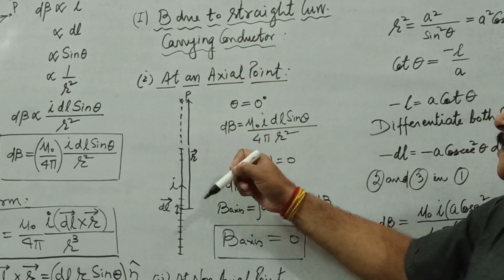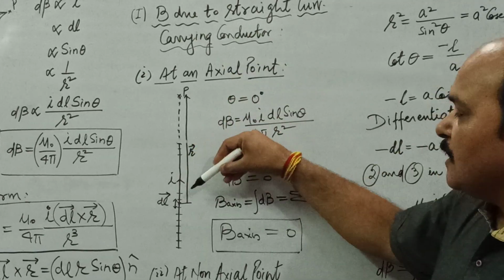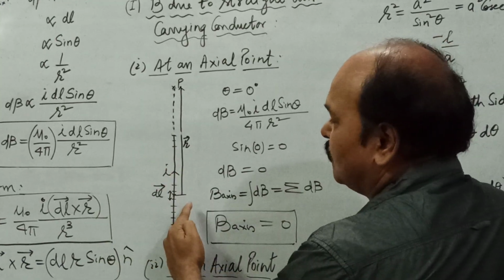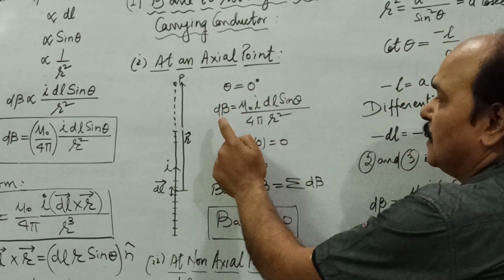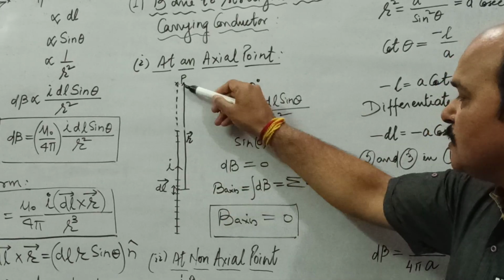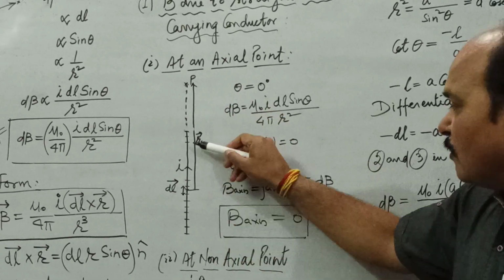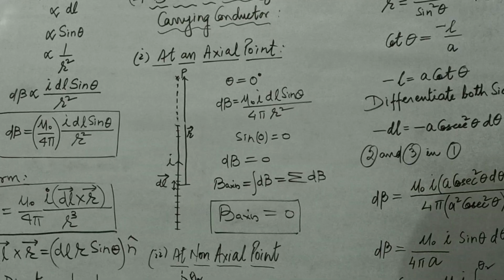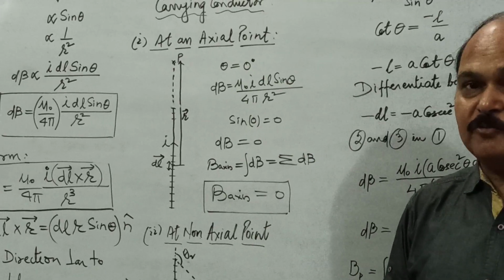So what is the magnetic field due to Biot-Savart law? Mu naught I dl sin theta upon 4 pi r square. But what is the angle between r and dl? This is dl along the conductor and this is r. So the angle between dl and r is what? 0. That is, theta is 0. The sine of 0 is what? 0. Therefore the magnetic field due to this arbitrary current carrying element here is 0. And if we integrate it for the whole conductor, for all these segments, the total remains 0. As many times as you add 0, it always remains 0. So the magnetic field over the axis of a straight current carrying conductor is always 0.